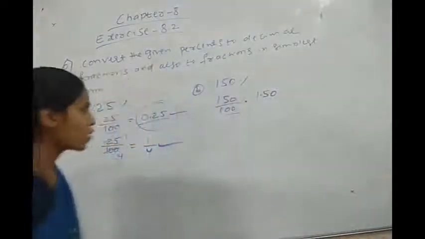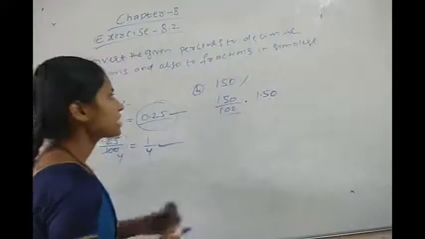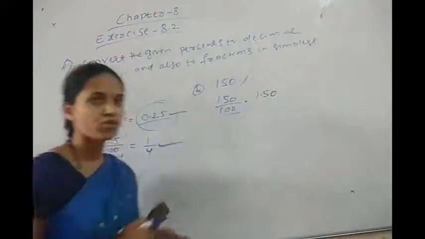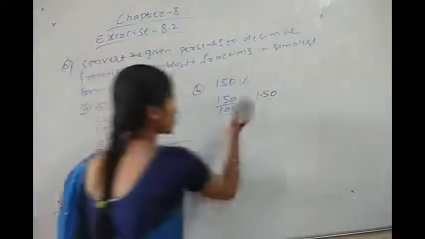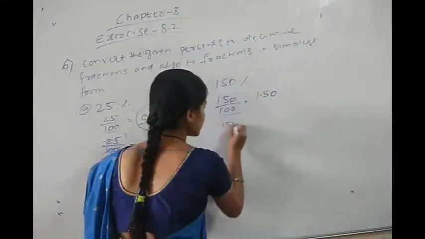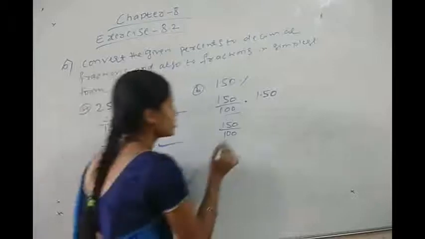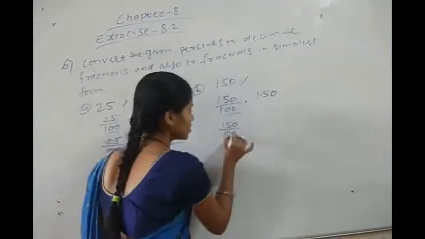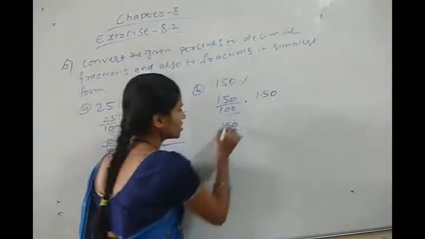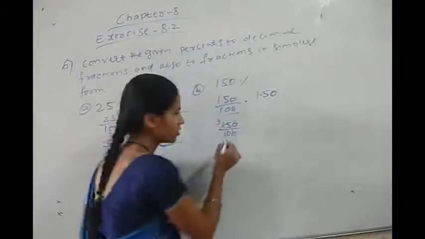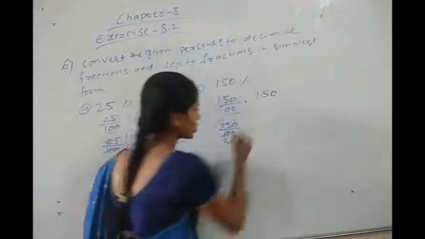Okay. Now let us write 150% in terms of simplest form fraction. For that also I will select the same fraction, 150 divided by 100. Now let us divide. See here, this 0 gets cancelled. Now 5 threes are 15, 5 twos are 10. Okay, 3 by 2.